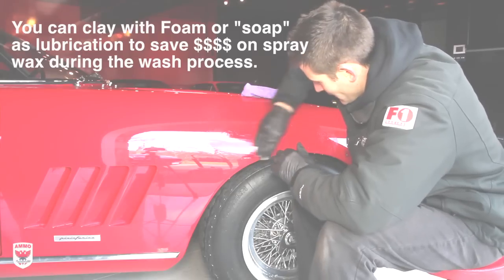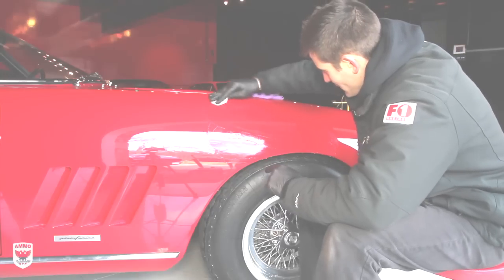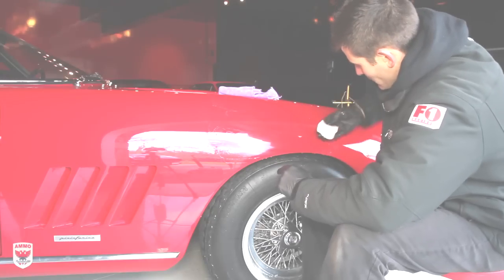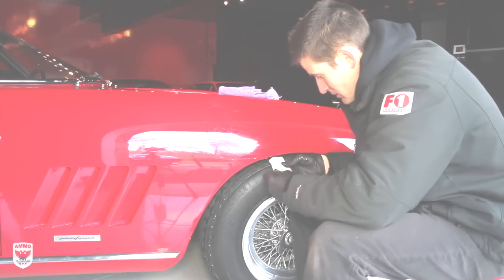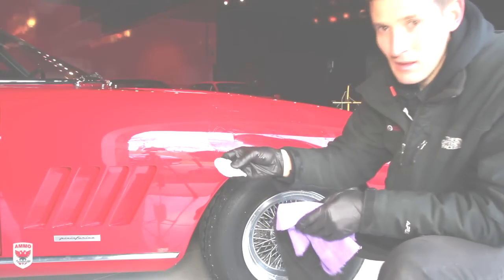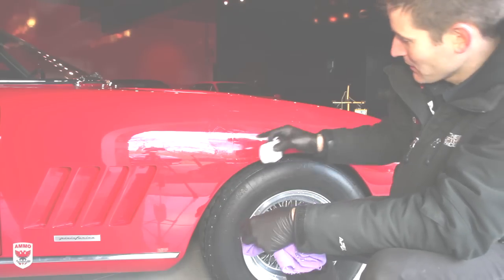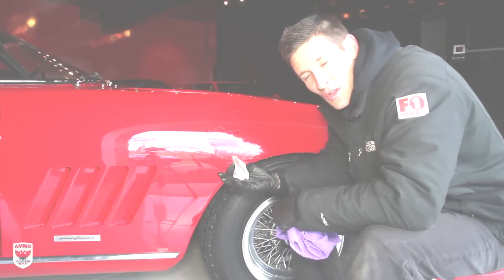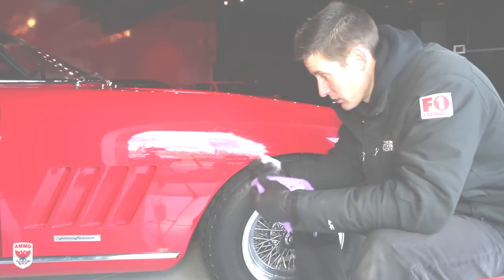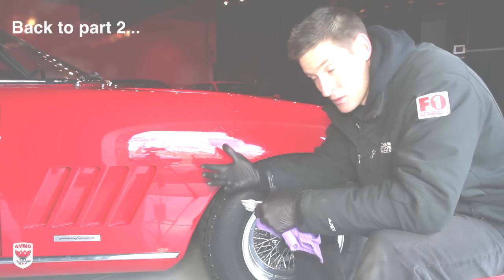Now the car looks pretty good right now, but I'll show you with my Brinkman that there are a ton of scratches in it, and I can feel with my hand right now that it is picking up a bunch of, oh boy, yeah, it is picking up a bunch of, let me wipe that dry so you can see. It's not much, but there is a bit of darkness there. I'm not sure if the camera's picking it up. So now what I'm doing is kind of pulling out all the bad stuff inside the skin, or inside the paint, which is what we call contamination,